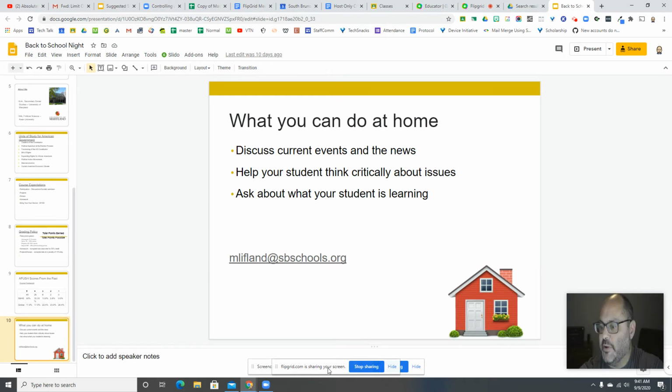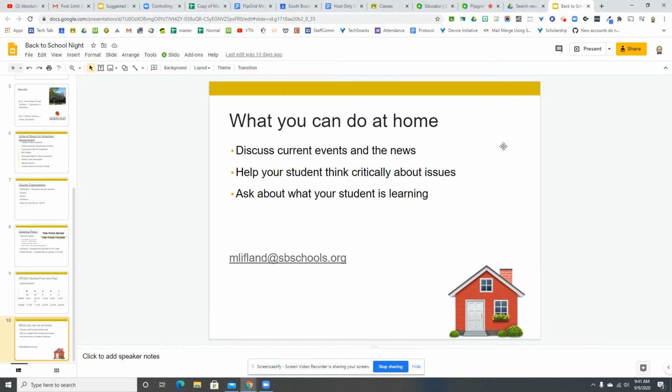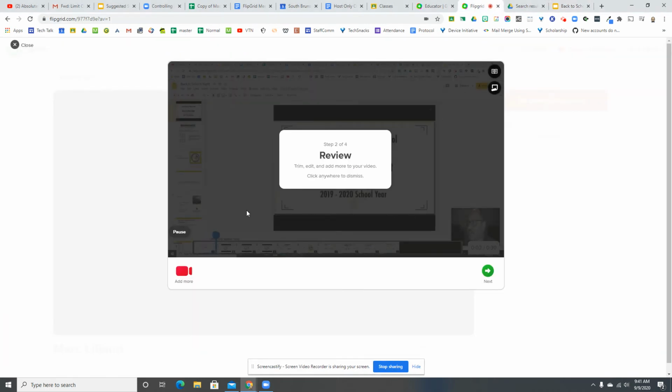Okay, so now I'm going to stop sharing. So it says Flipgrid is sharing your screen. If I hit stop sharing, it will stop that. Okay. Now you can see that what's nice about this is that